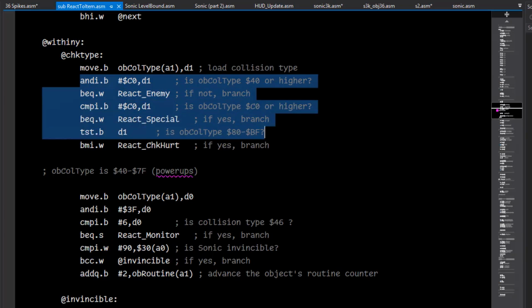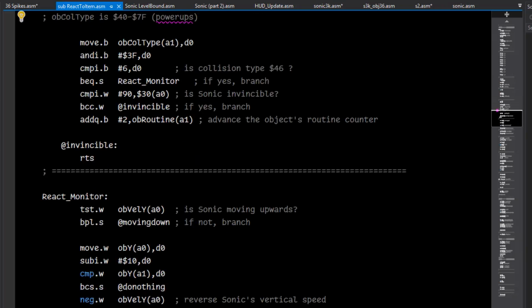I think you should look at the code. It's worth noting that the spike object hurts Sonic in a way that's different from every other object in the game. Most objects use object collision type. Collision type is a special value that all objects have that tells the game two things. Number one, how it should impact Sonic when he touches it,